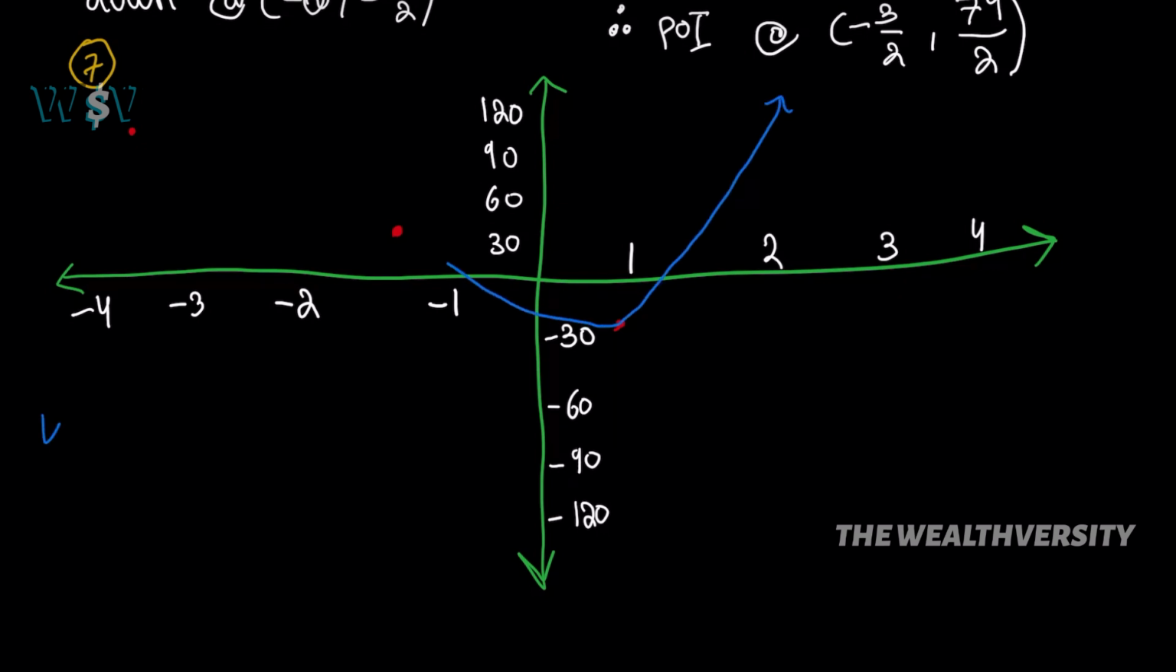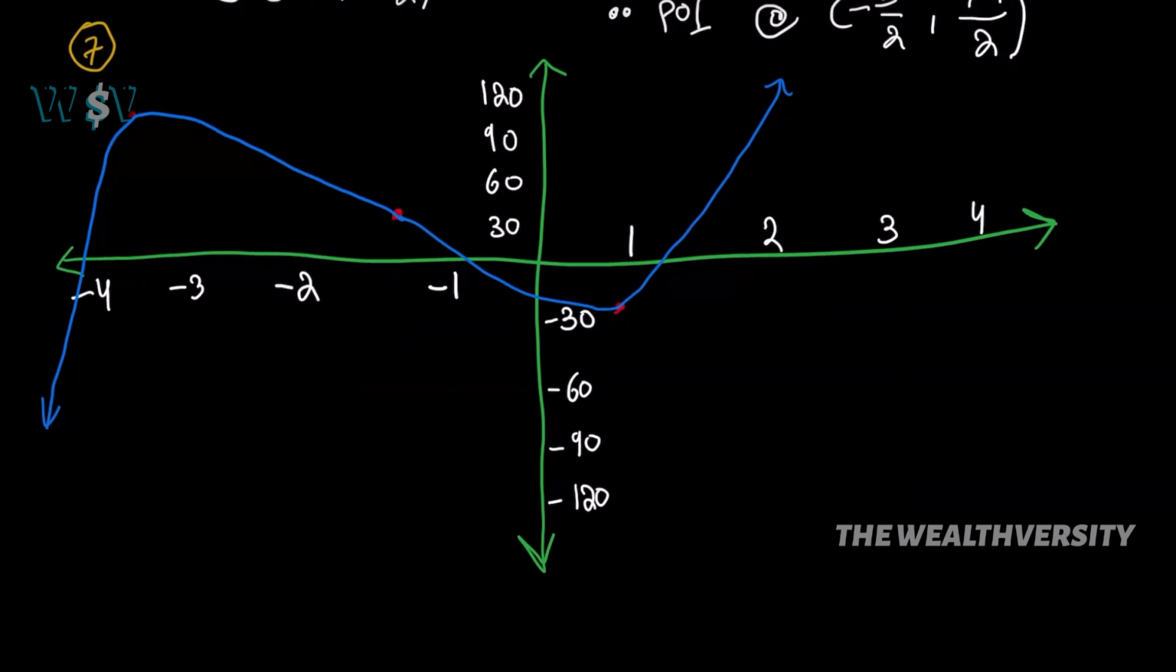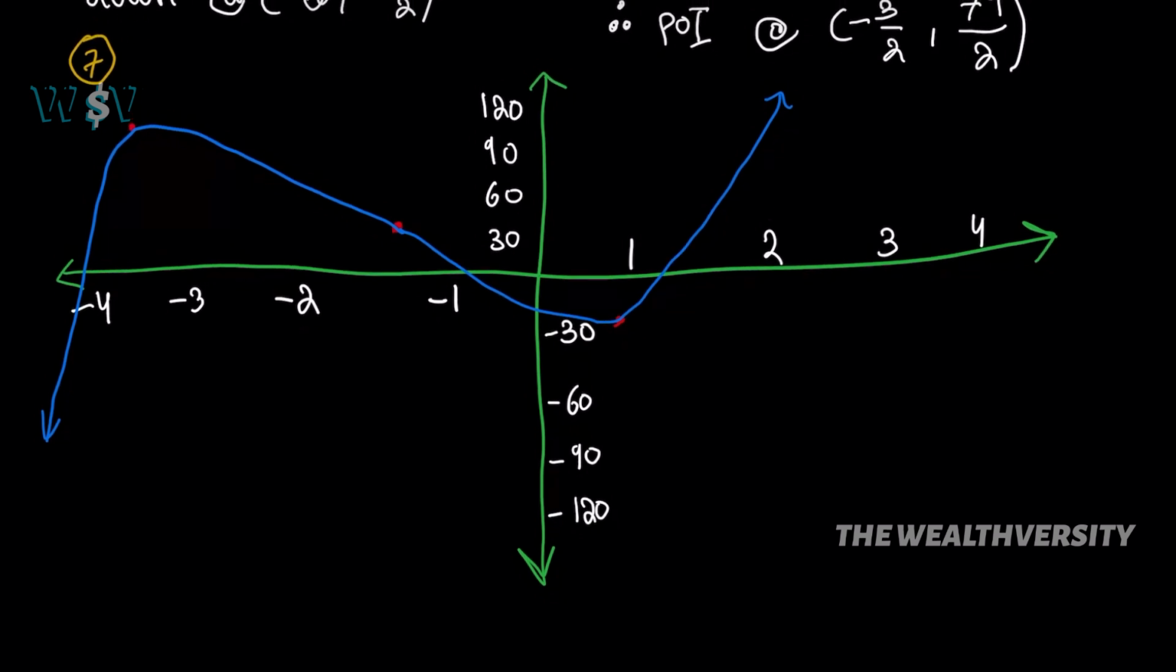So our intervals of increase are negative infinity to -4 and 1 to infinity, which is correct on the graph. Our intervals of decrease are -4 to 1, which is also correct on the graph. The function is concave down from negative infinity to -3/2, and is concave up from -3/2 to infinity, which is